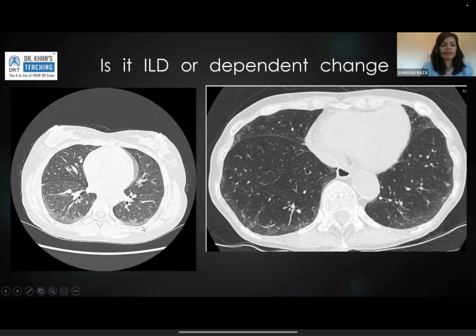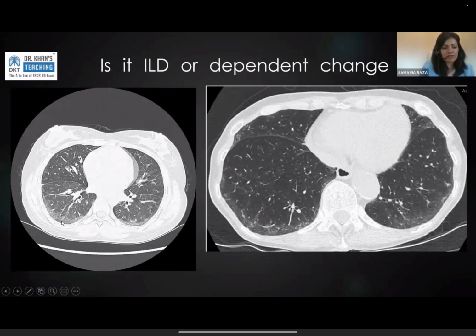So dependent change by definition should be dependent, and with time and the number of scans you report and the number of years of experience you have, you get pretty confident calling it as dependent change, and most of the time you don't even notice it anymore. When that dependent change shows up on a scan that was done to look for ILD, then you look a bit more closely, then you start noticing everything more closely, then you start confusing yourself. So if that was your scan for ILD